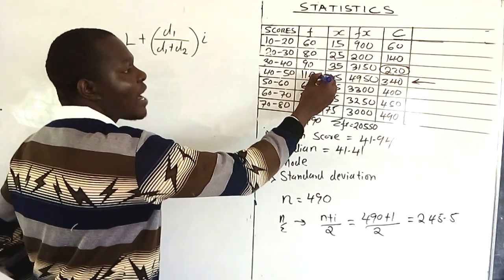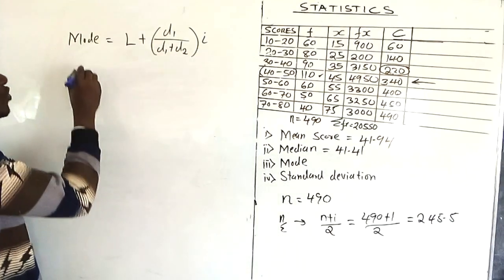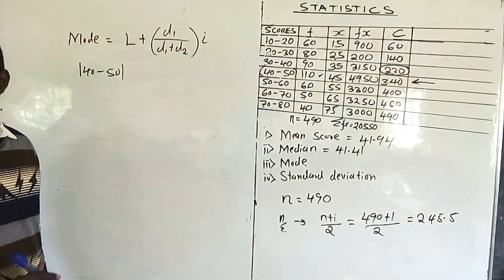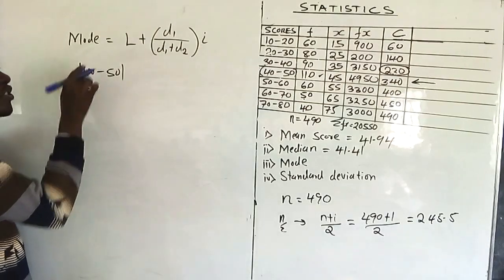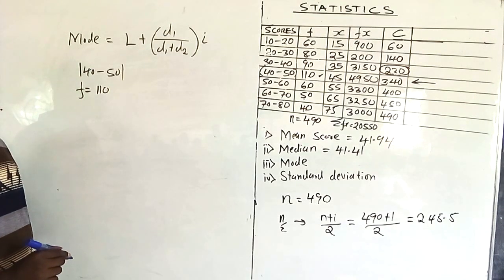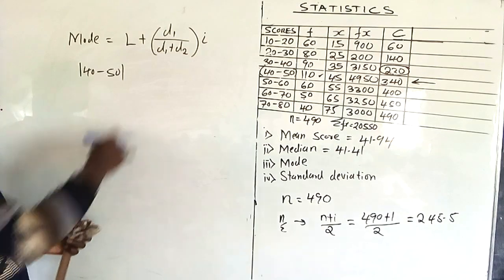The highest frequency is 110. So it means the model class is the class 40 to 50. So you come and write the model class there, 40 to 50. After you've written the model class, you now check what is the frequency of this model class. It is 110, isn't it? Are we together? In fact, there's no even need of writing the frequency because we are going to get those